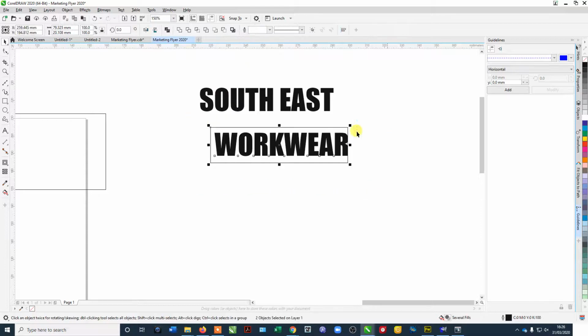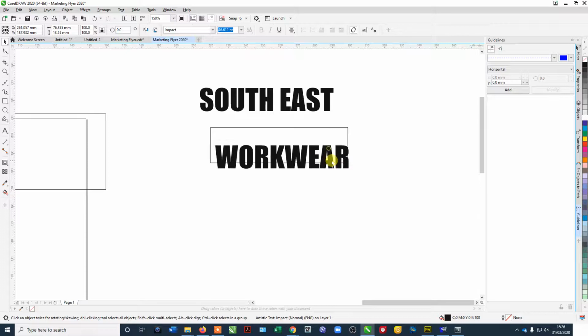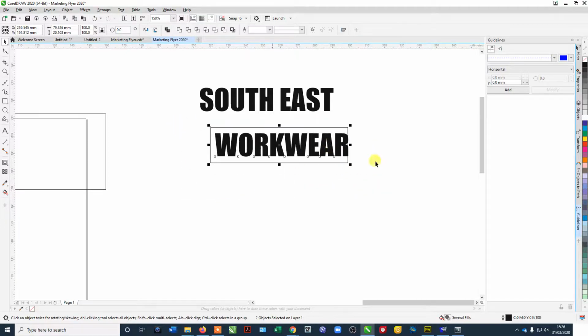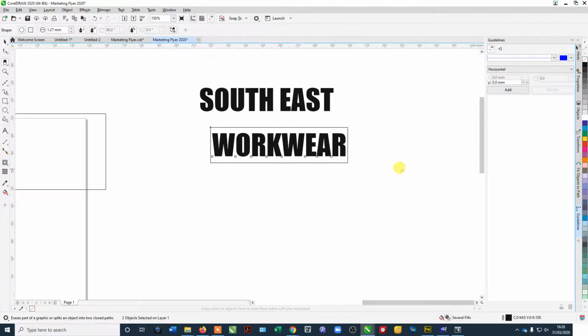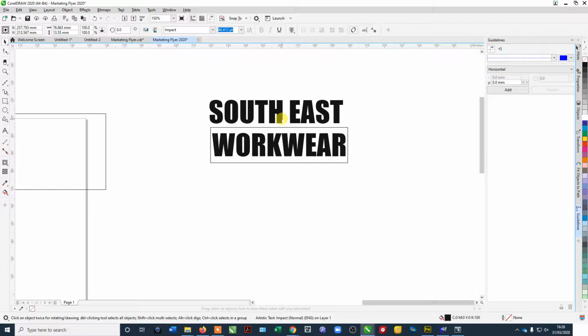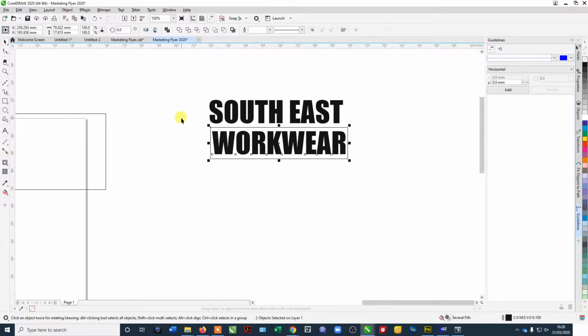I'm going to drag a box round the bottom part, and I'm going to press E and C to align it horizontally and vertically. So that's E and then C. I'll show you again. So if it's over here, I'll drag a box around the two and press E. That's going to align it through the center point, and then C to align it through the vertical axis. Now I'm going to bring the Southeast down. The box is slightly smaller normally, so I'll resize that. EC again, and then this font